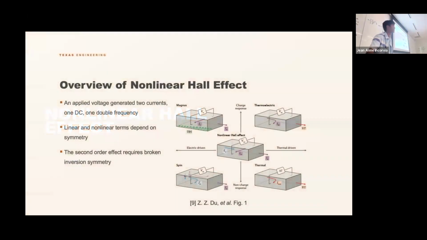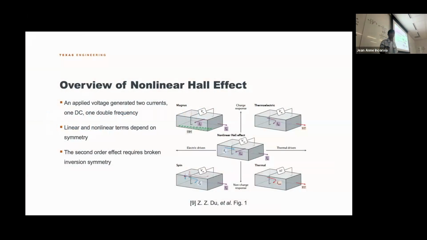So next I'll be talking about the nonlinear Hall effect. For the nonlinear Hall effect, I saw three main applications you can use it for. You can get these piezo-like strain effects. You can use it for memory, and the thing I'll be focusing on is using it for terahertz emission. So first I'll cover what the nonlinear Hall effect is, and then I'll discuss how you can use it for